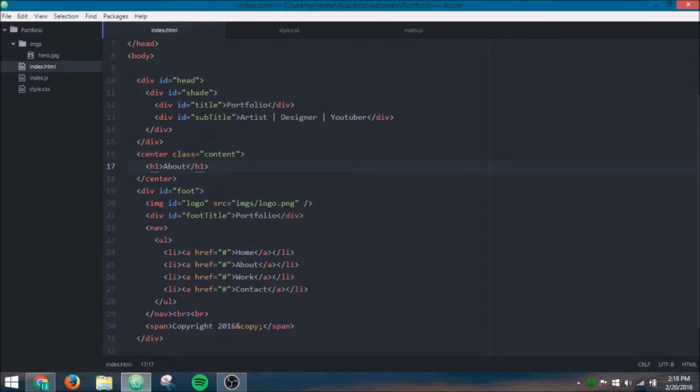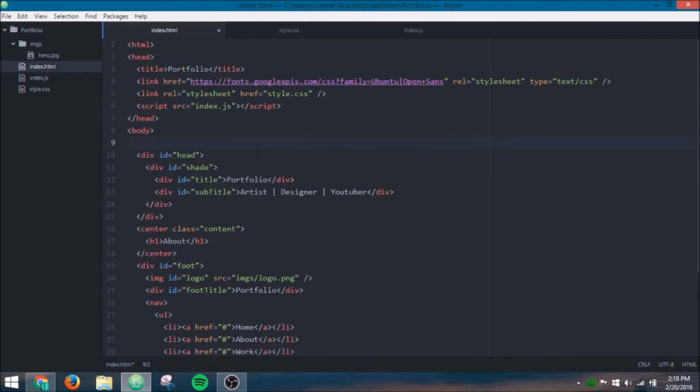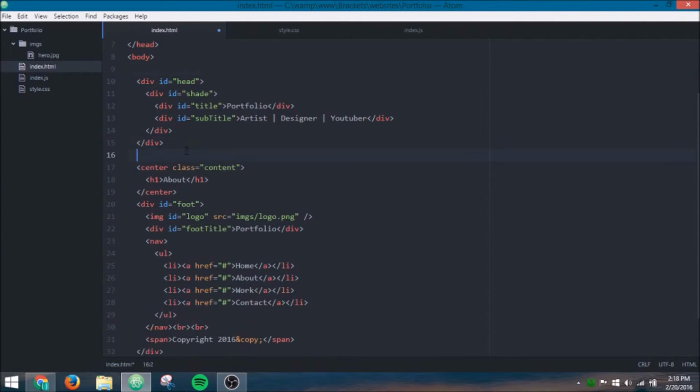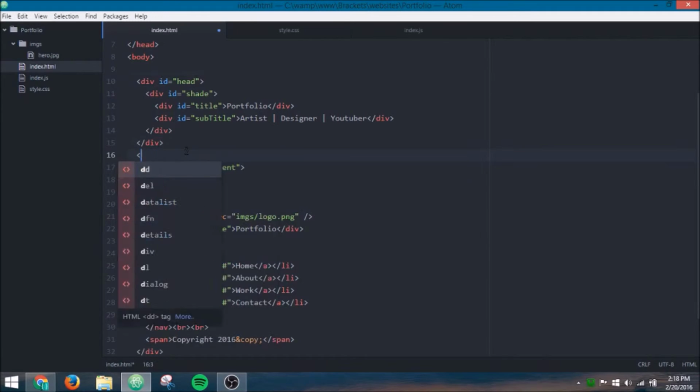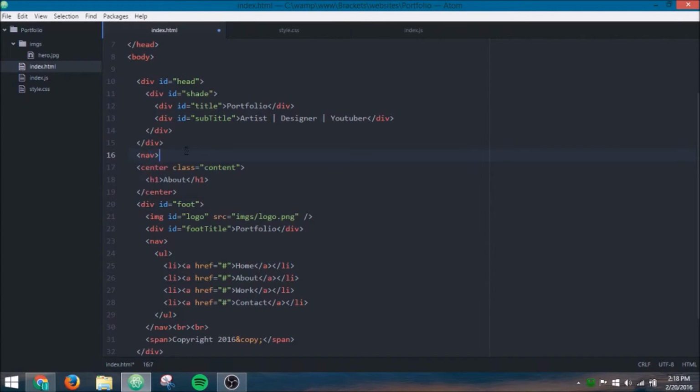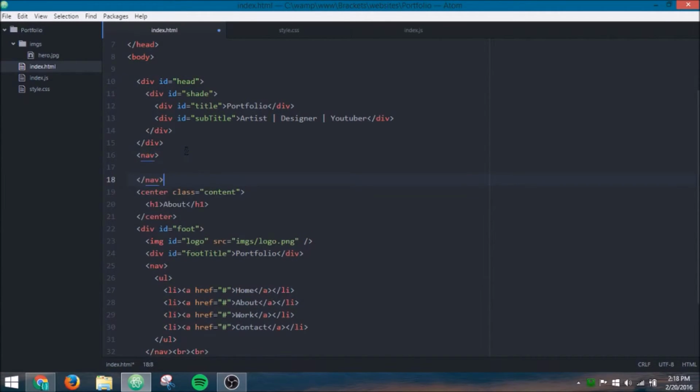Alright, let's do this. Here we go. So we're going to put this up above the head. It's actually going to go... Actually, we can just put it down here. We're going to have... Let's just do a nav tag again, because we defined this nav tag as the nav tag inside of the foot, so we can use this up here. We're going to do the same thing, so we might as well copy this